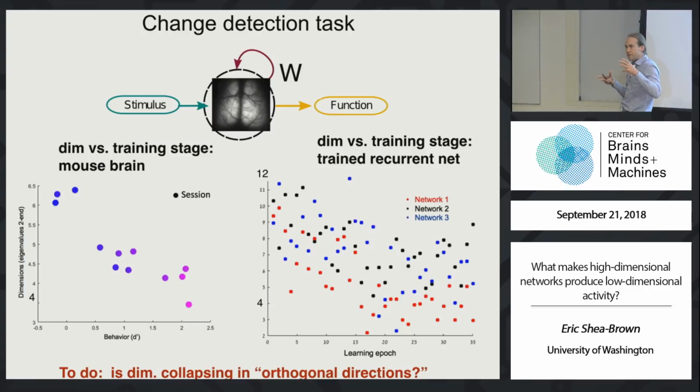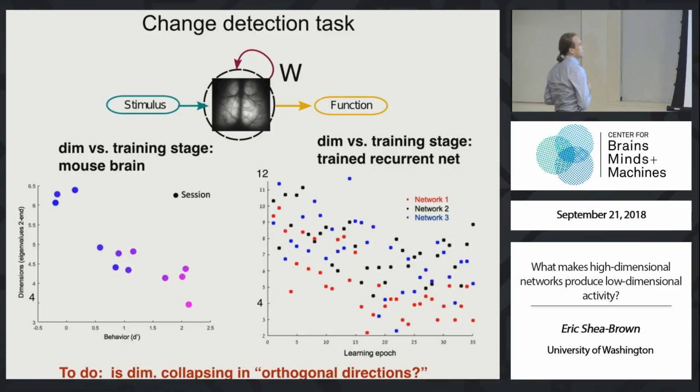In other words, if we look at the direction normal to the R direction, which we can use to decode the mouse's behavior, for example, the fluctuations or different stimulus presentations, or the representations elicited by different stimuli in those orthogonal directions, those are the ones that are getting squashed, right? That would be the proper test of the theory, and we haven't done that yet.